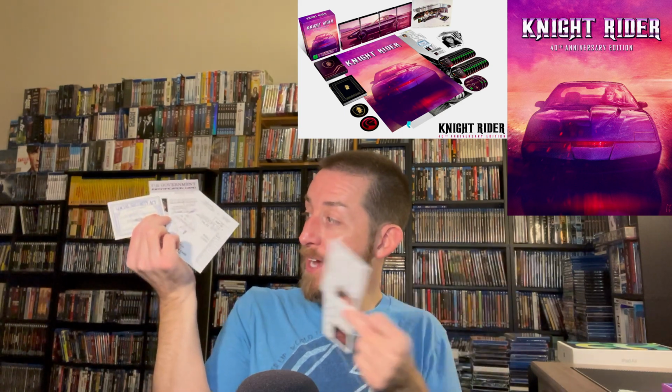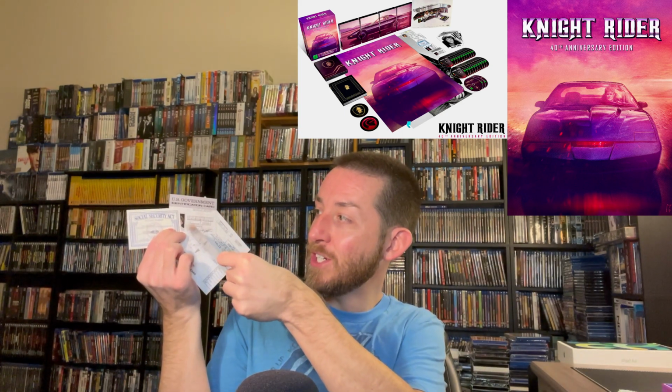I just like to keep them in the box set, but I like having the little touches. Then you got some really cool stuff that I haven't seen been put in a box set in a long time. You get his social security card, his press pass from the series, you get his driver's license, registration, you get US government identification card, all little things with actually even printing on the back of them that actually goes along with the show. And his driver's license is actually sealed in plastic, and I really thought these were a